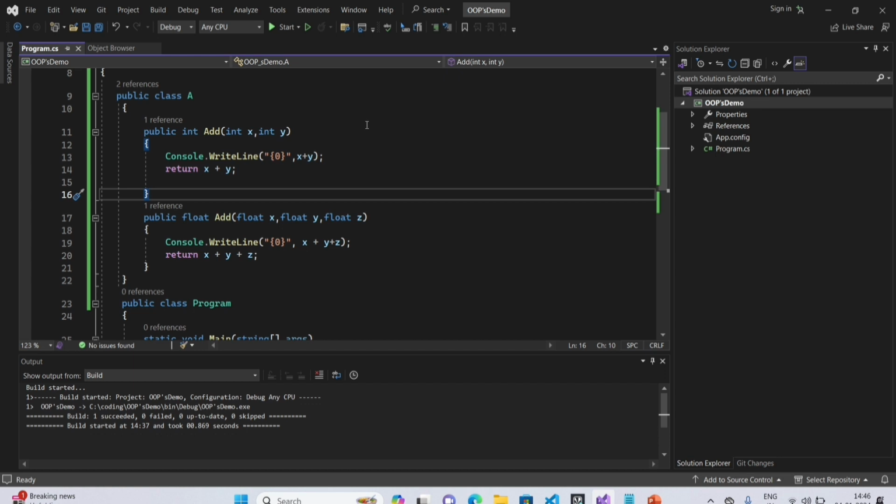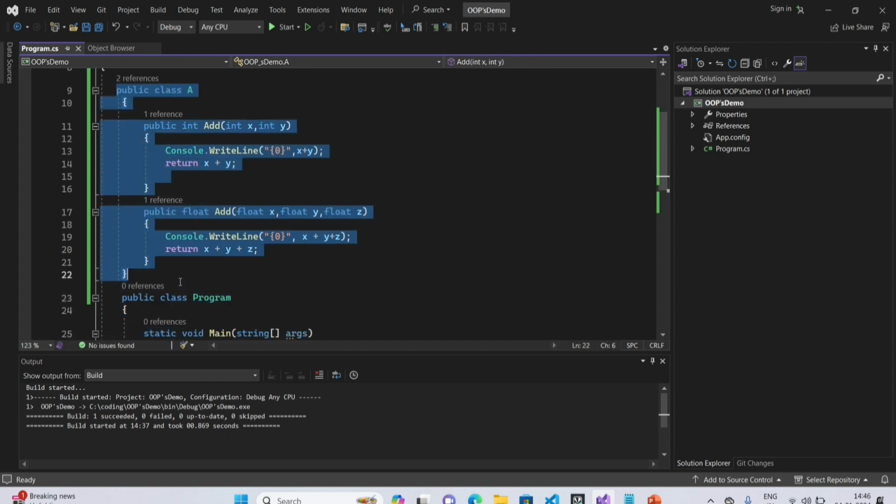Coming to the definition of polymorphism, it is nothing but performing one task in many forms. It contains two types: one is method overloading and another one is method overriding. Method overloading means writing multiple methods in the same class, having the same method name but a difference in the signature. If you can see here, I have taken one class called A, and in this I have